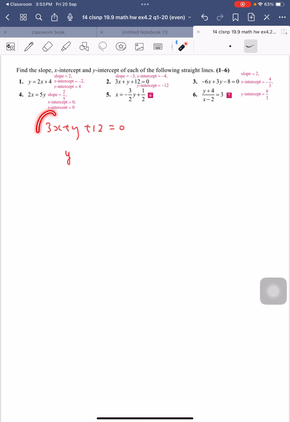As the 3x is on the left-hand side, move it to the right, it becomes negative. Together with the 12, which is positive, move it to the right, it becomes negative. So now I have y = -3x - 12. That is in the form y = mx + c, isn't it? So now we can say that m is equal to -3, and then the y-intercept is